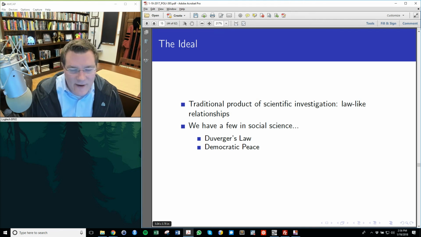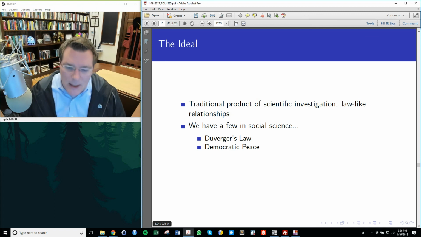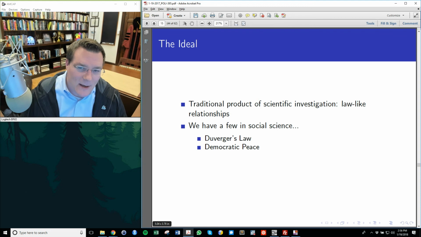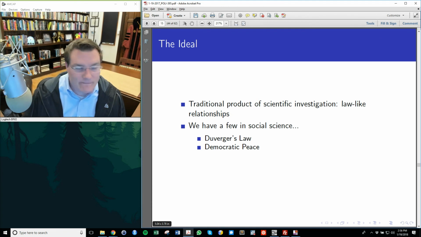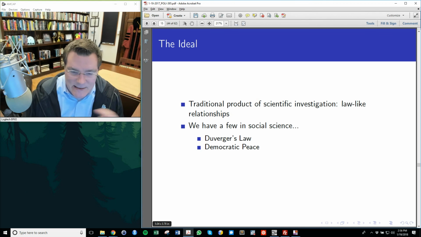Another example of a law-like relationship is the democratic peace. And the democratic peace says no two countries should ever go to war against each other if they are both democracies. Democracies might go to war with non-democracies. Non-democracies might go to war with other non-democracies. But democracies shouldn't go to war with each other. And there's a theoretical framework behind this.